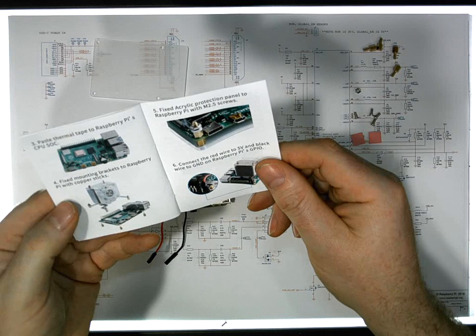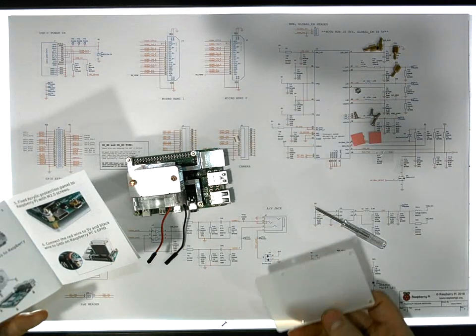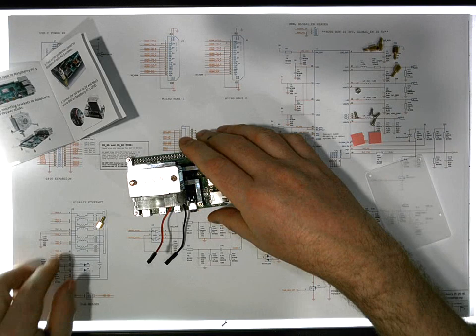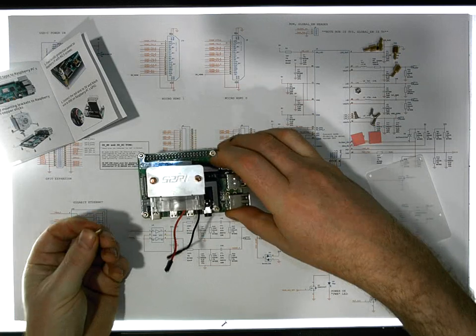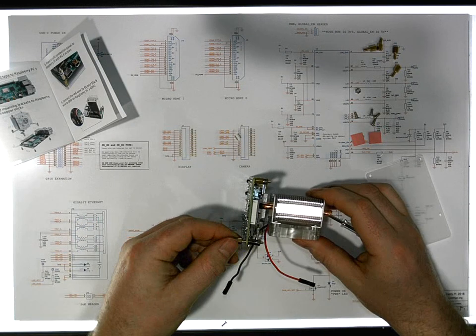And does it say anything about the base plate? Okay, here's the base plate here. So the base plate, I suppose we're going to use these 4 screws here on the base plate. So let's start this process. I'm going to pick up the Raspberry Pi. I'm going to take the first brass